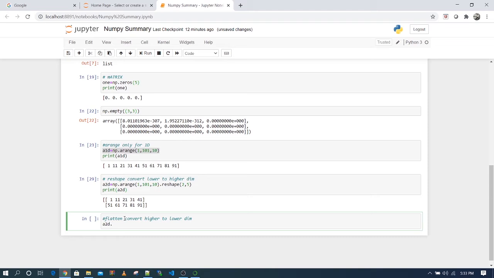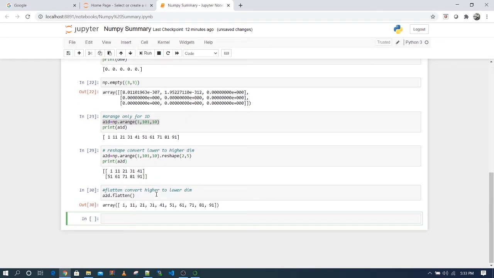So I have a flatten function. Flatten converts a higher dimension array to a lower dimension. What I mean is that if you have a 2D array and you want to convert it into 1D, or if you have 3D and you want to convert it to 1D or 2D, then you can use the flatten function. Let me directly print it. There you have your one-dimensional array. So you have converted from higher dimension to lower dimension.